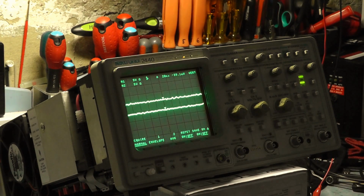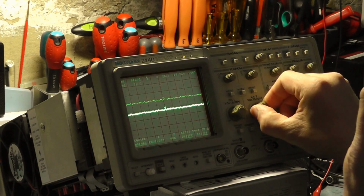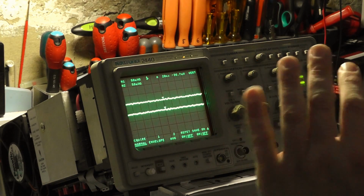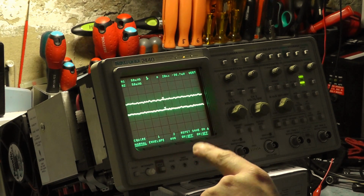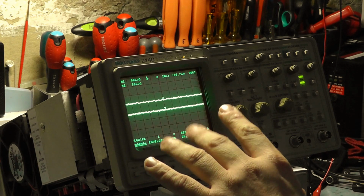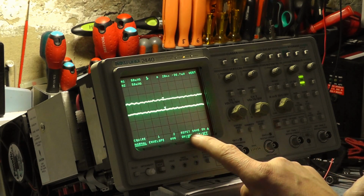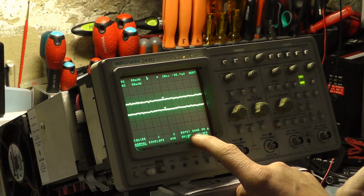And you can see I'm at 5 volts per division. It makes no difference what range I am. That is just background noise from the CCDs. I've also found that improves when the scope warms up. So I'm not worried about that. That's the normal thing. It's got the repeat mode on here, and you'll see if I press this is how